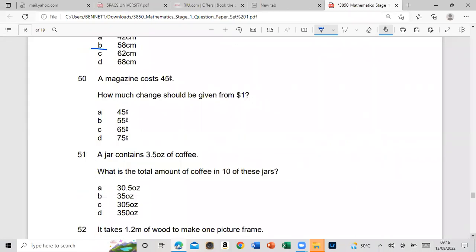A magazine costs 45 cents. How much change should be given from $1? So how many cents are there in